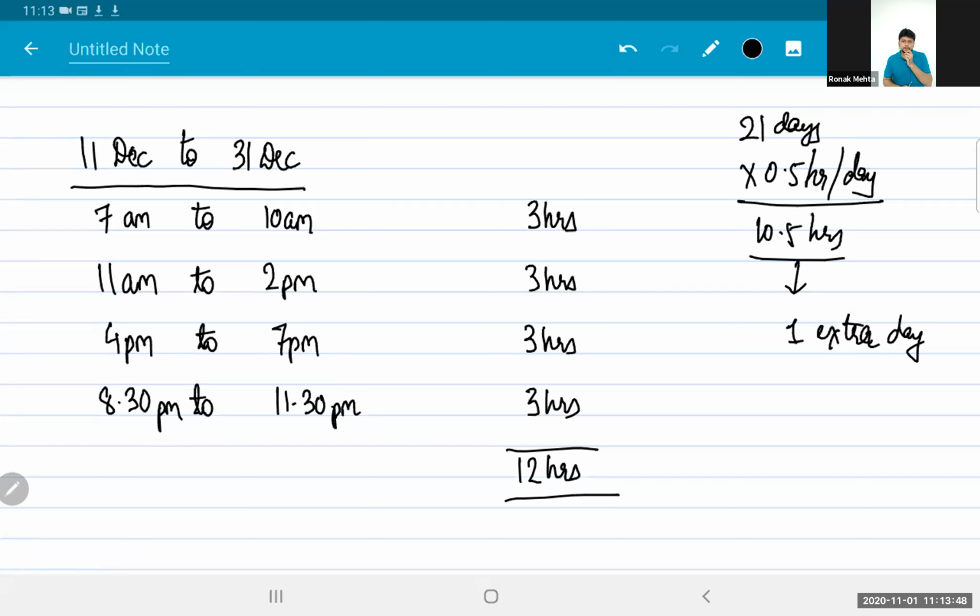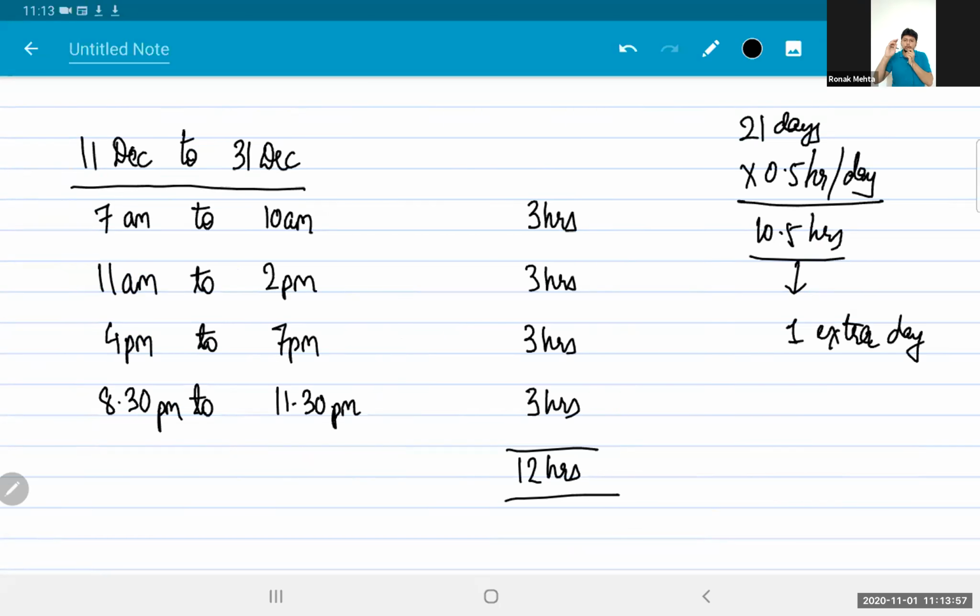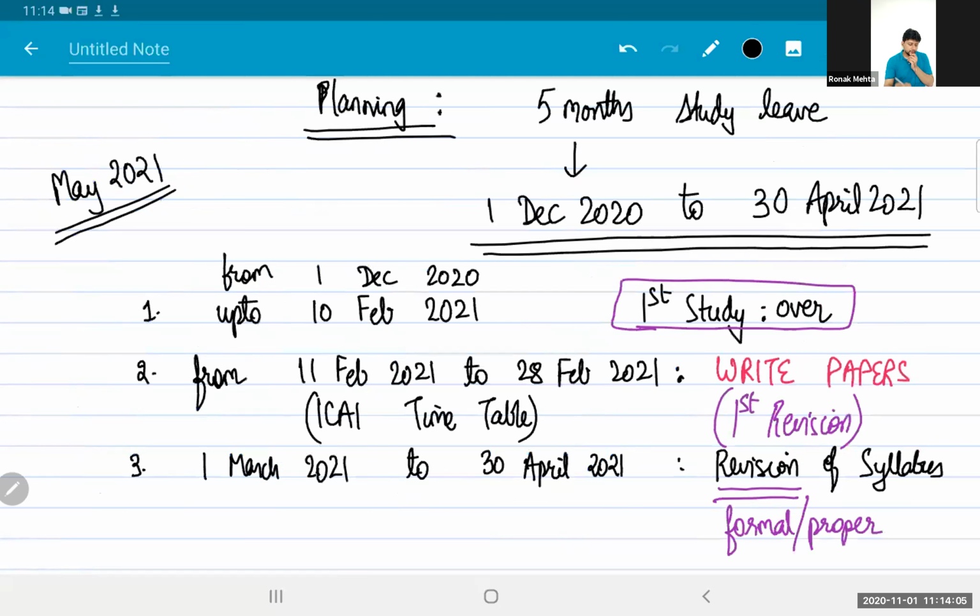Maybe I can tweak this planning and I can keep this as you were studying 10.5 hours, you take it to 11.5 hours up to December end. And then the whole month of January, you put 12 hours every day. This will help you to achieve your target of 10th of February. You are having December ka 31 days, January ka 31 days, and February ka 10 days. That is roughly speaking 72 days. If my working is correct, 72 days hai.